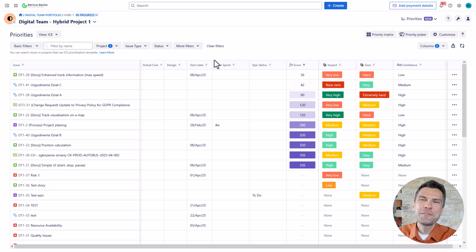Hey project managers, product owners and executives. If you're managing your priorities, you're familiar with terms like weighted shortest job first, reach, impact, confidence, effort, or maybe impact, confidence, ease. These are the frameworks used to manage priorities and make data-driven decisions on what to work on next. So if you're looking for a tool that will simplify and facilitate the prioritization process, this video is just